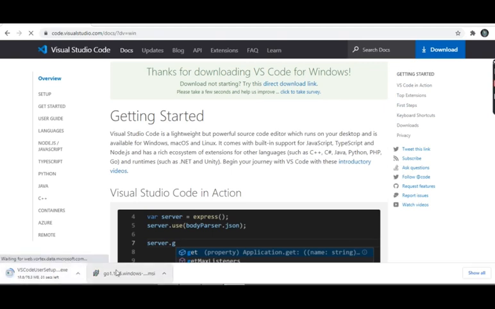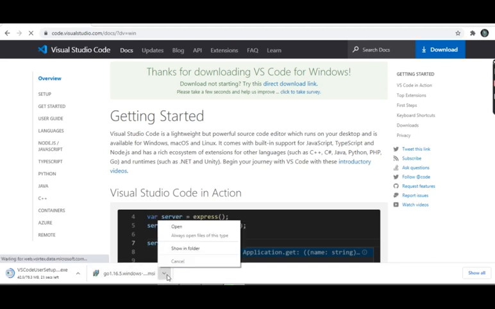So now let's open it, or else let's wait for some time because VS Code needs to be downloaded, right? It's okay. Let's open this and start the installation process.